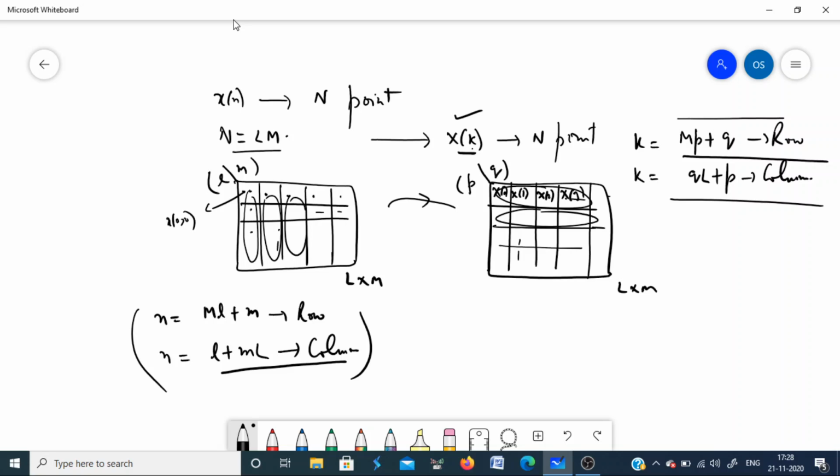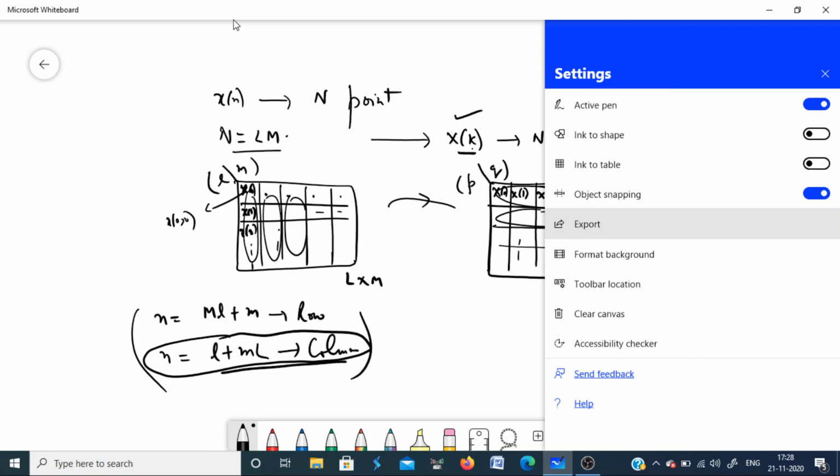Okay, you fill the first row, then you fill the next row and so on. Here you fill the first column, that is x0, then x1, then x2 and so on. It means I have chosen this mapping for the input and this mapping for the output. Okay, now once you have decided this mapping, the DFT of the sequence